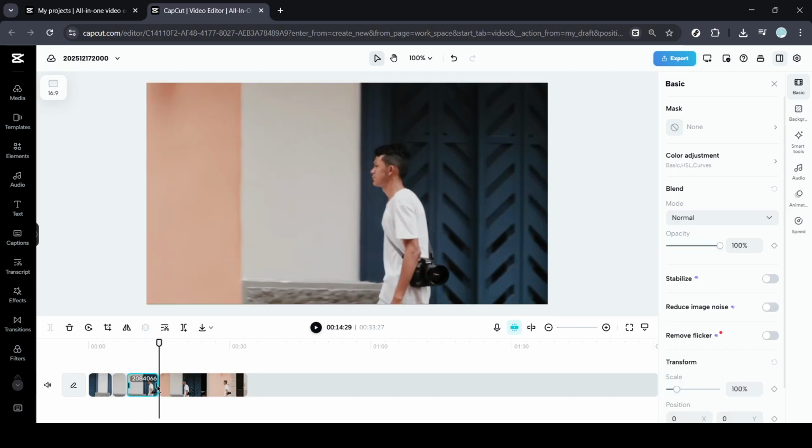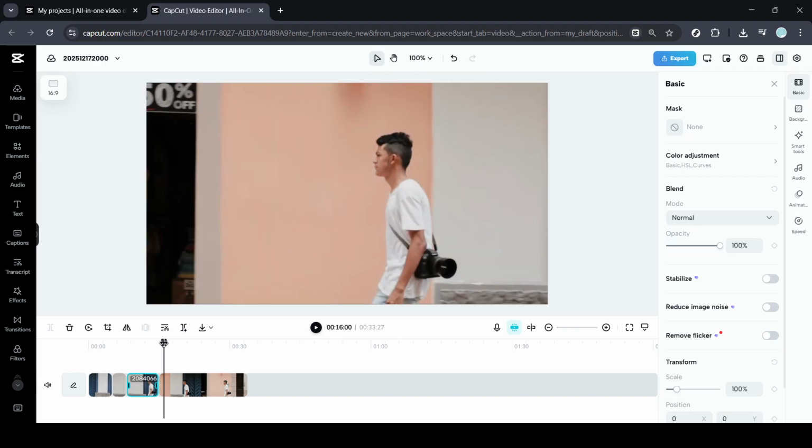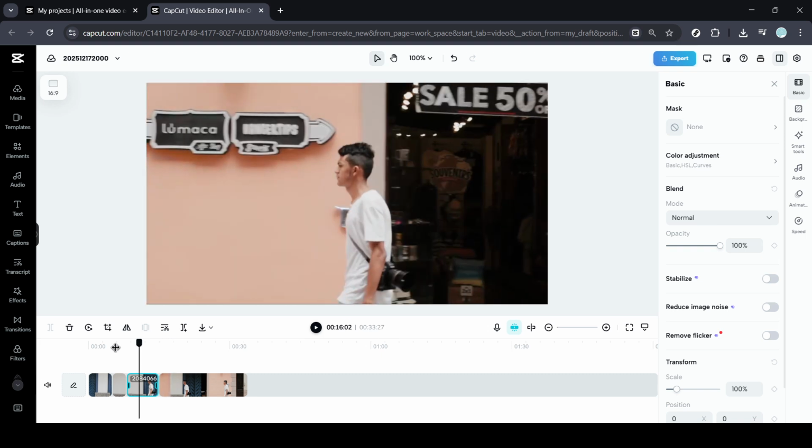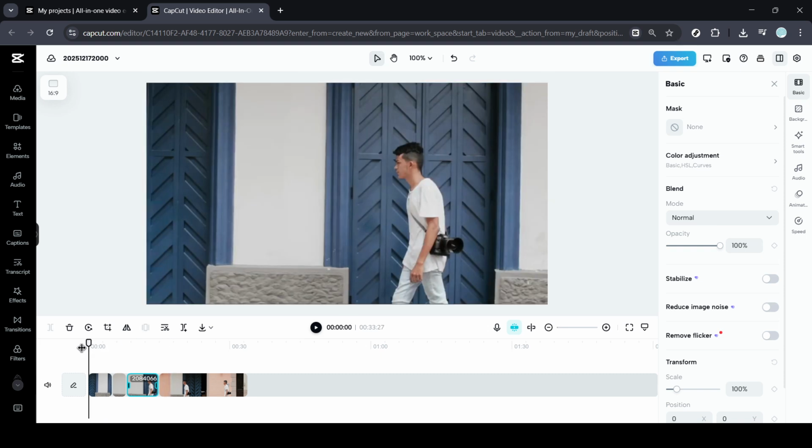To control how long the freeze holds, drag the edge of that frozen segment to make it shorter or longer. A quick half-second freeze can add punch. A longer hold gives room for captions or narration. You can repeat this as many times as you like. Move the playhead to another moment you want to emphasize and click